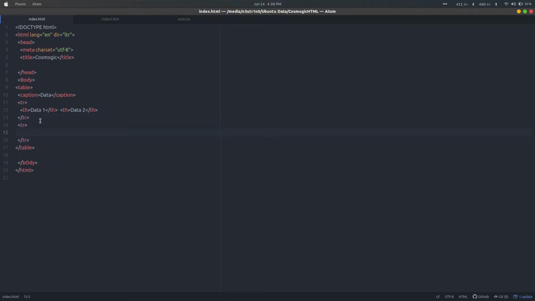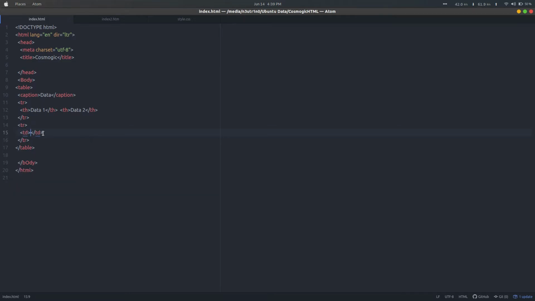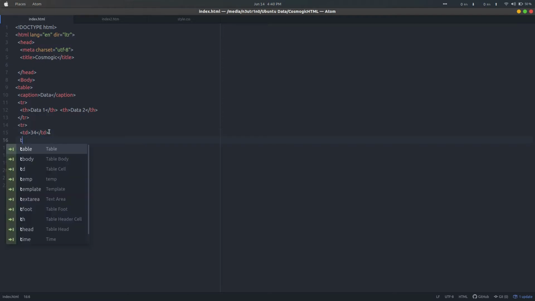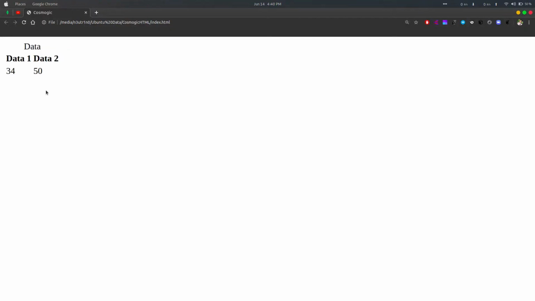Now we will start the second row, table data, 50, 34, anything whatever you want, 50 here. Now refresh the page. You can see the table heading is of bold type, and this is the data.